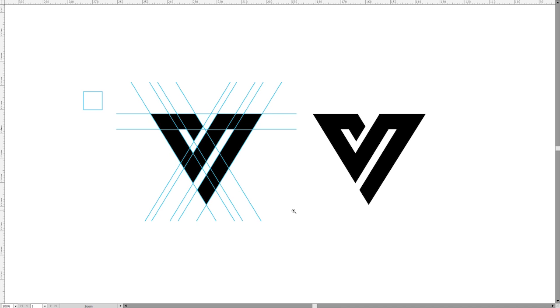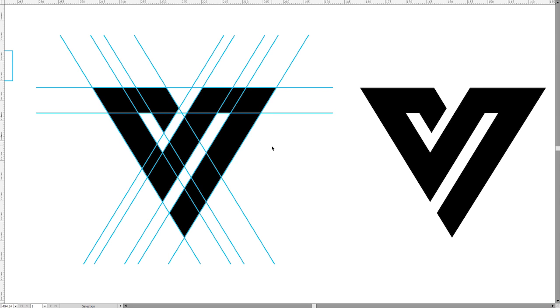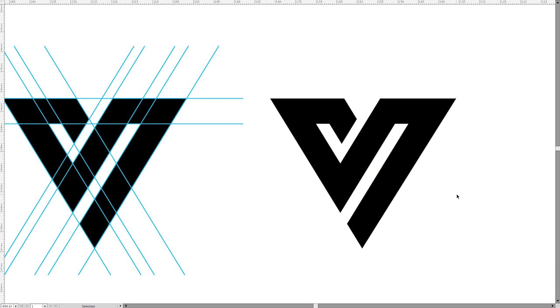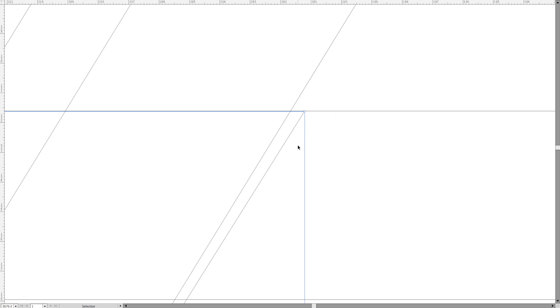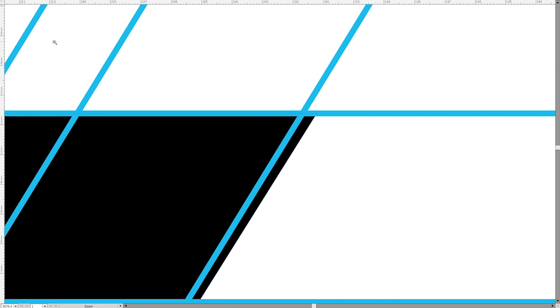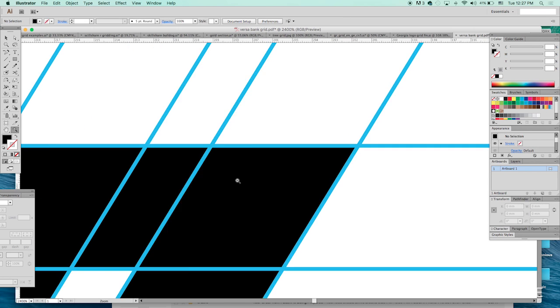So this is an example of the 30-degree grids. The reason why I gridded it is because, for example, on the right side, you can look at the mark and you can never notice that there is an inconsistency here. The right side of the mark is a bit off, the angle is a bit off. So what gridding helps is to catch that inconsistency here. As you can tell, it's off. So gridding really helped me to find those small inconsistencies after the initial sketching process, and it allowed me to